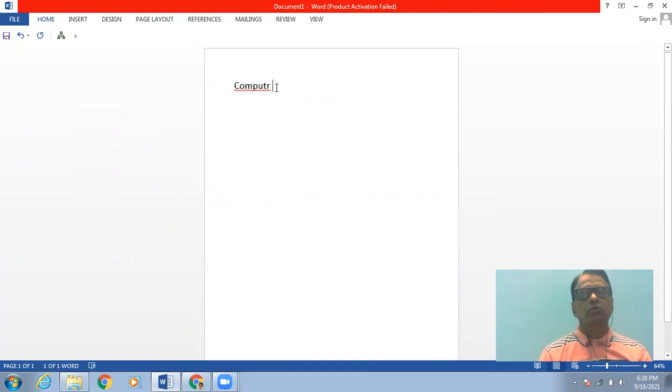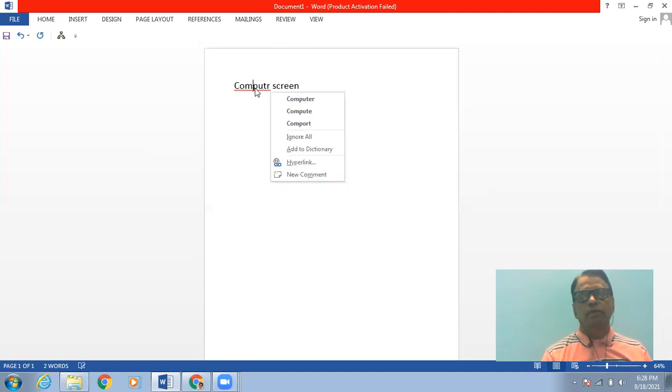Now, suppose I want to type the word computer, but while typing the word computer, I have committed a spelling mistake, and therefore you will find that there will be an underlined message indicating that there is some spelling mistake in this word. So now it is possible that I can check this.